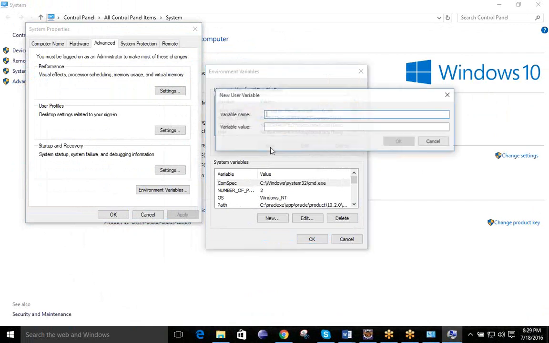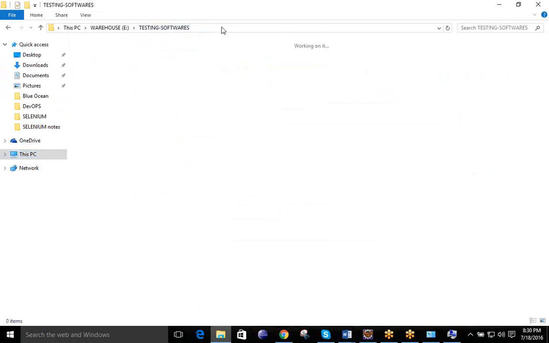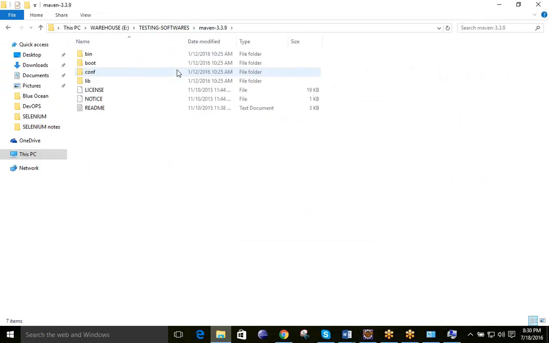You have to click on New, give the name MAVEN_HOME, and the variable value is simply the location where your Maven is present. You can extract the Maven folder like this one, and set the path up to this folder, wherever you have located Maven.